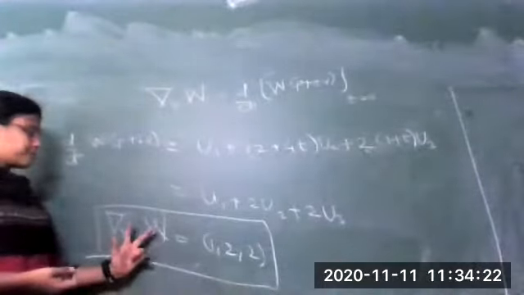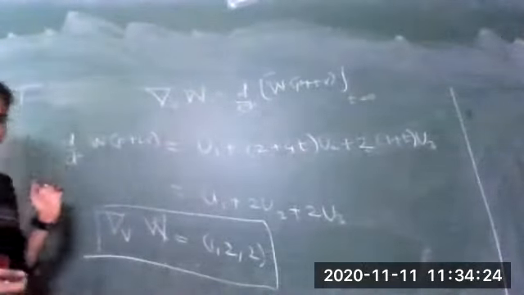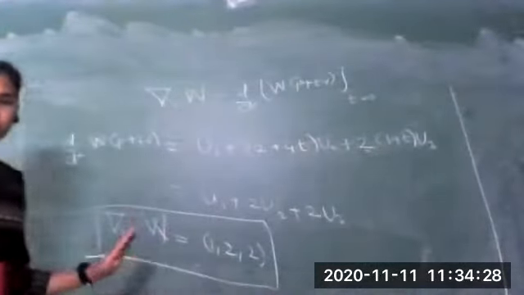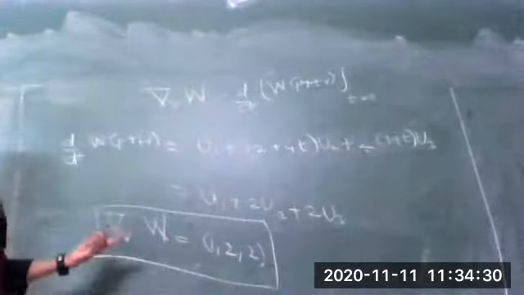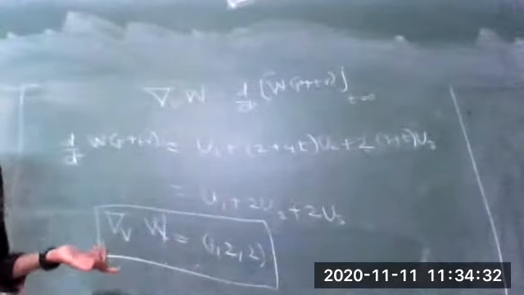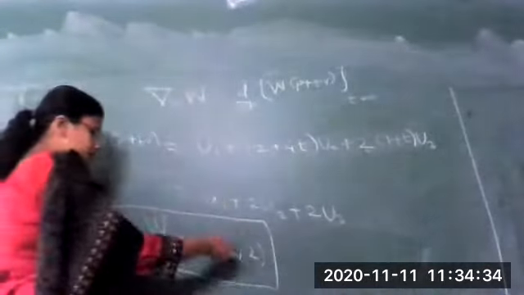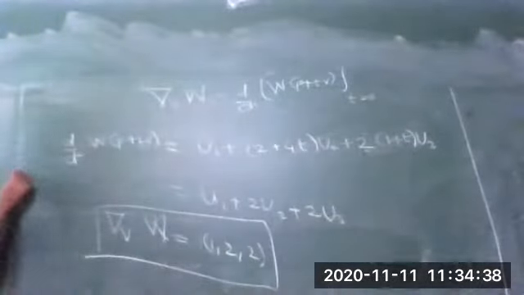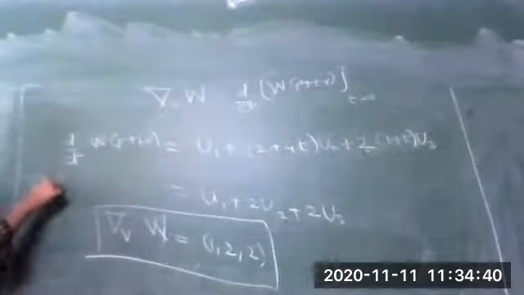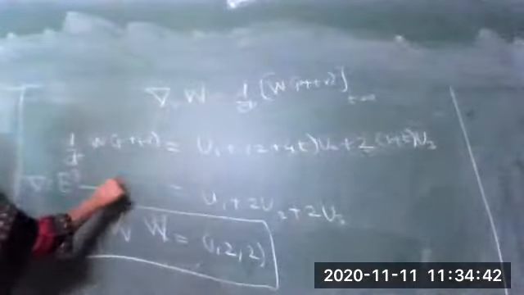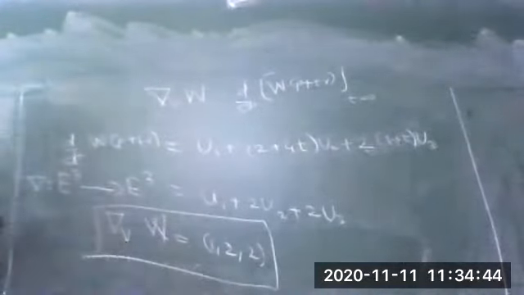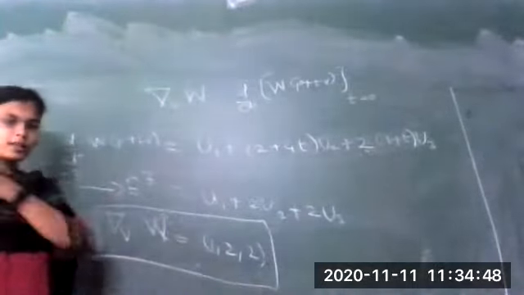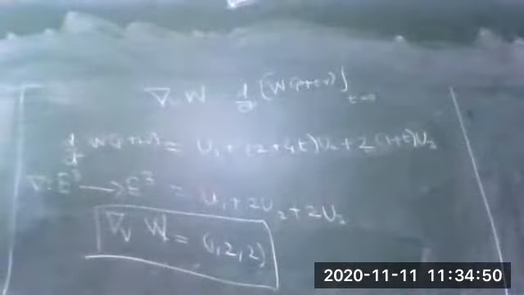But what will be the interpretation of the covariant derivative of a vector field W in the direction of a tangent vector V at P? What I got as the answer is 1, 2, 2. This is simply one vector, or one point in 3D space. So what is the meaning of this 1, 2, 2? This is a point in E3 space. So what will be the domain and codomain? I can say the domain and codomain for the covariant derivative will be E3 space, because after solving the example I get the answer in E3 space.